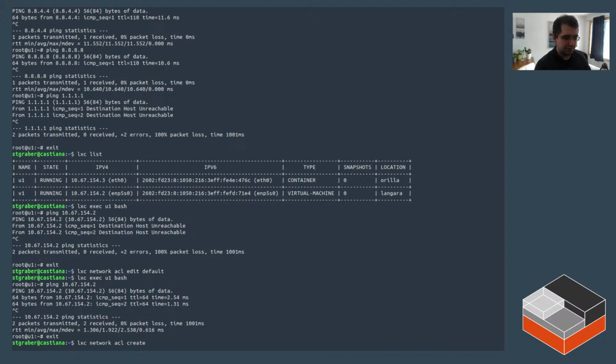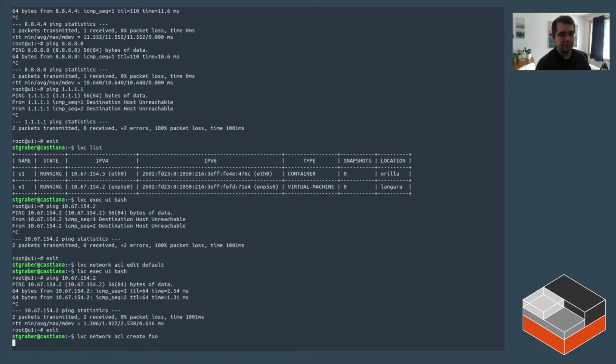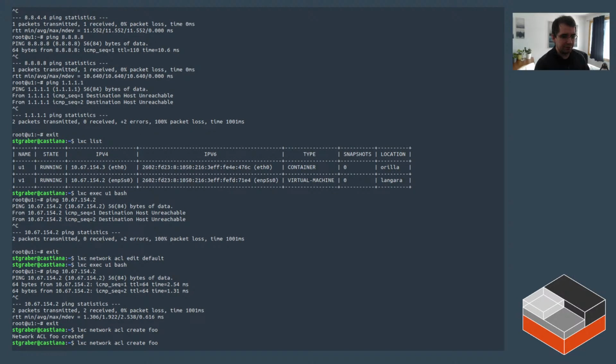Well, what can we call it? I don't know, I'll just call it foo. So we create a new ACL called foo, which doesn't contain anything at this point, so it's completely empty. And let's apply that directly to the NIC of U1. Well, actually,